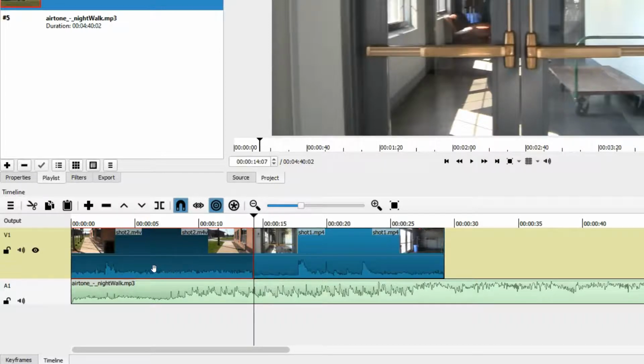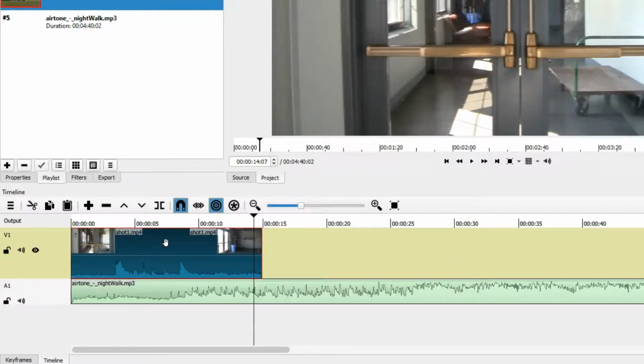Now note, it only changed the order of the shots on the video track. It left the audio alone. If I wanted this Night Walk, this MP3 file, to actually stay with shot 1 when I did the insert, so I'm going to go ahead and undo my insert here.